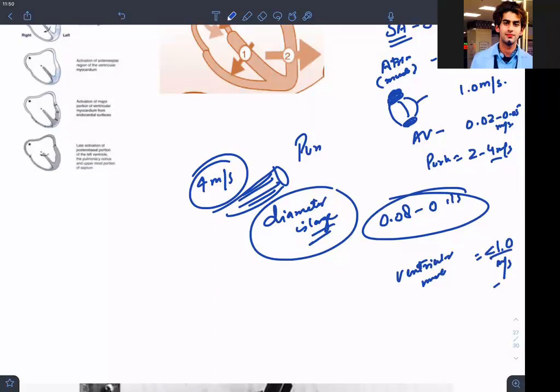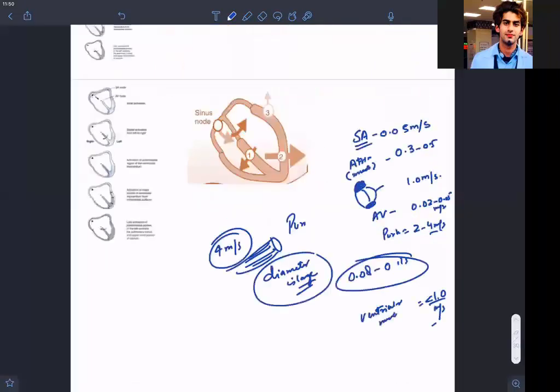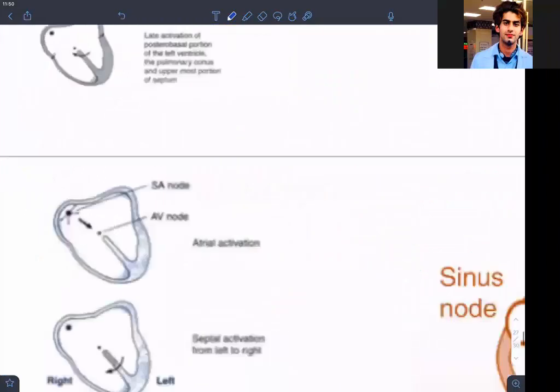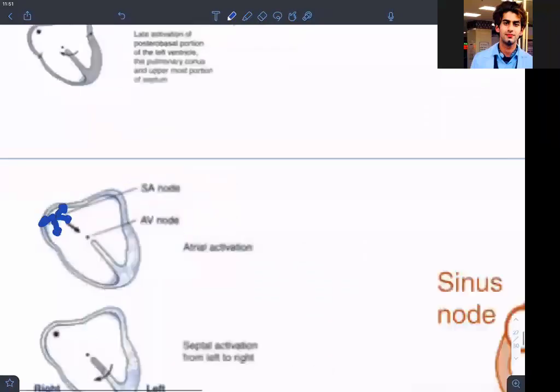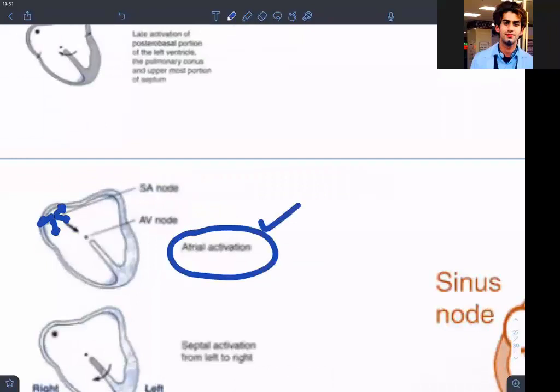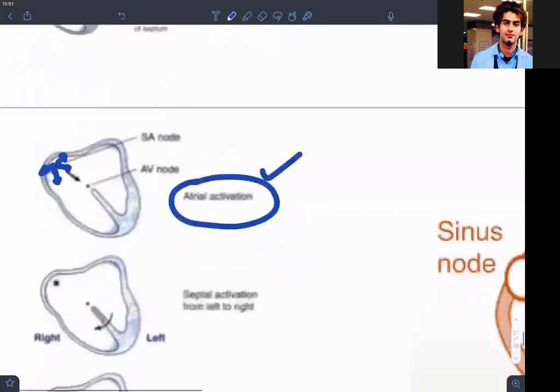From the SA node, you remember the story of the internodal fiber. Now I am talking about the conduction pattern. If you see this diagram, you can see the SA node has fired in all directions. It is sending the charges, isn't it? So the atria is getting activated. Atrial activation happened, easy. Then you went to the AV node. Now from this AV node, I want you to understand a story. You remember the AV nodal delay happened.